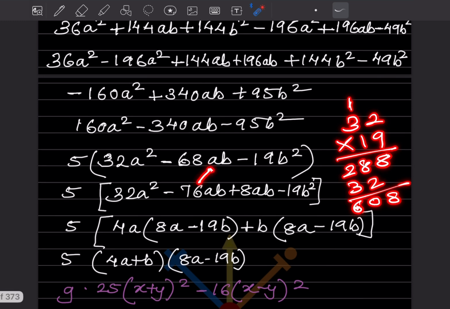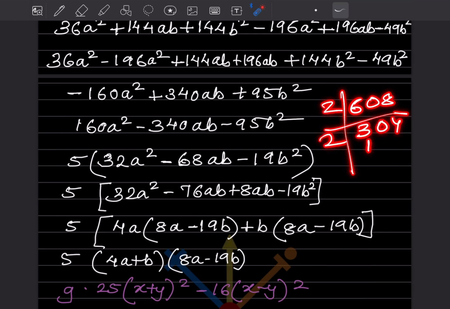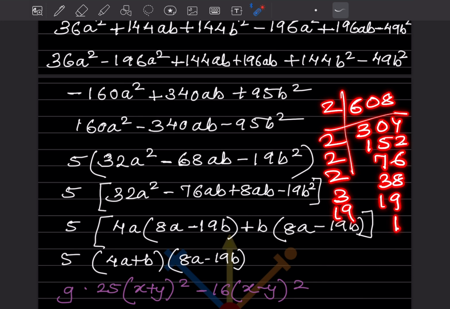This is the middle term, we are going to split so that we get minus 68. So I'll show you now. 608: 2 3s are, 2 1s are, 2 7s are, so to get it to 68, so one of this will be, now here will be 19, this one 19 into 4, that is going to be 76, and